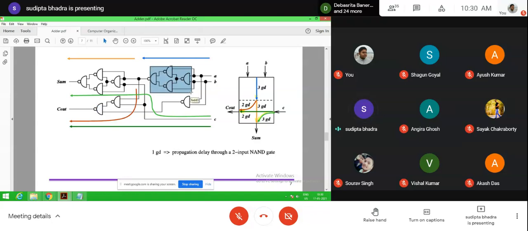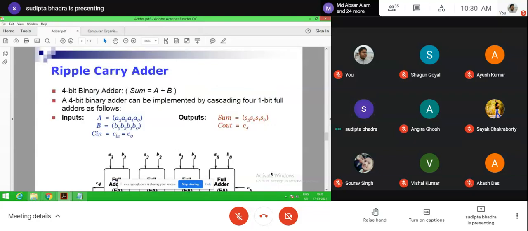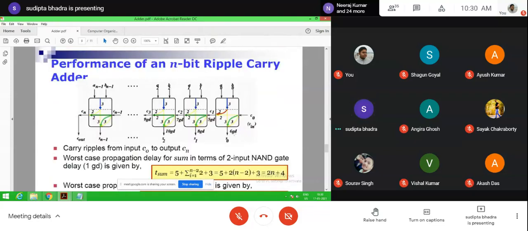Then in case of C out there are 2 NAND gates, and in case of sum there are 3 NAND gates. So that's why, to generate S0 there is a requirement of 6 GD, 6 gate delay. To generate C1 there is a requirement of 5 GD, 5 gate delay.